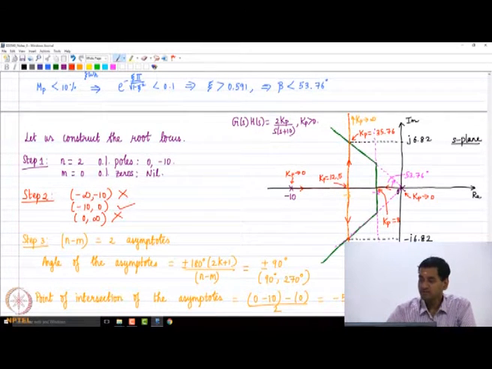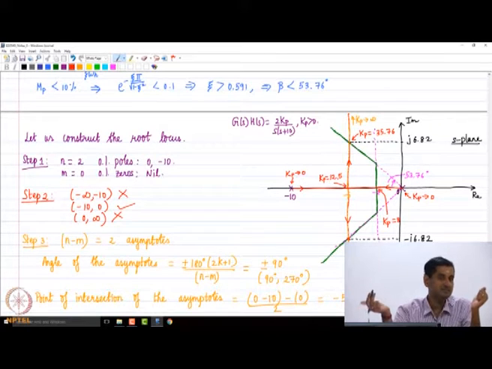Yeah, why is 12.5 the transition point? Because please note that the two branches of the root locus start from -10 and 0. And when Kp increases from 0, you can immediately see what is happening. One branch is going to come on this real axis in this manner. Another branch is going to start from 0 and travel to the left. So what do these branches indicate? They are the closed loop poles. So till Kp equals 12.5, you can immediately see that both branches are on the real axis.